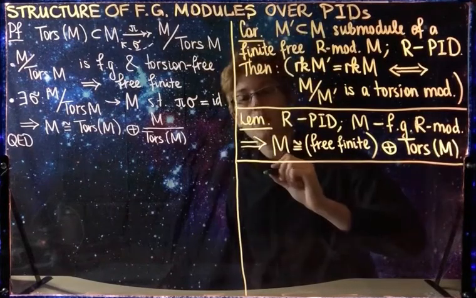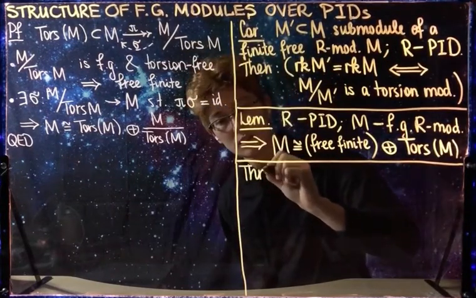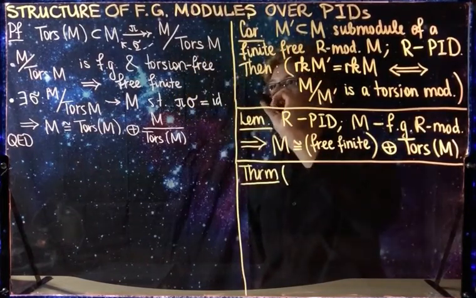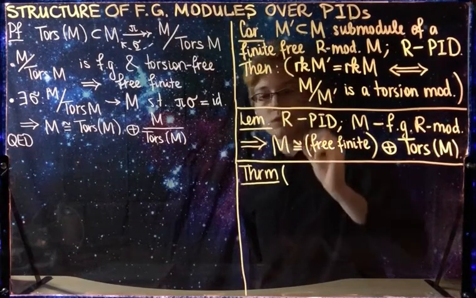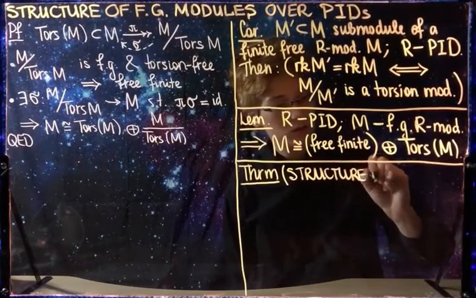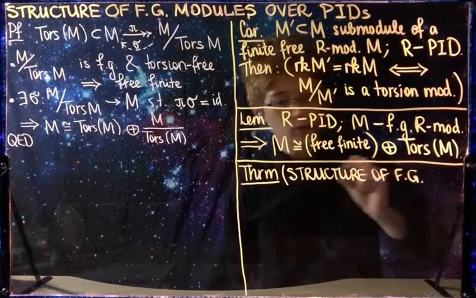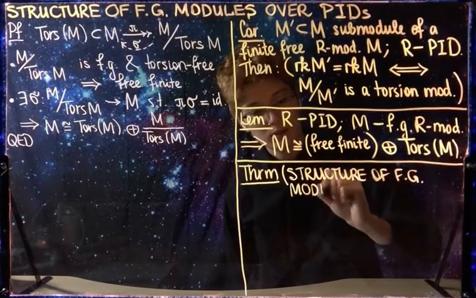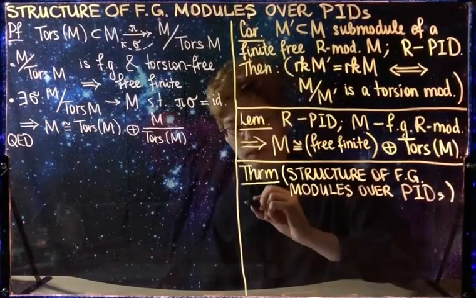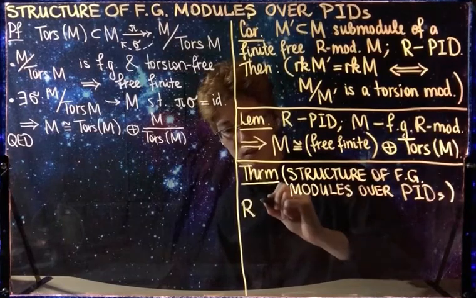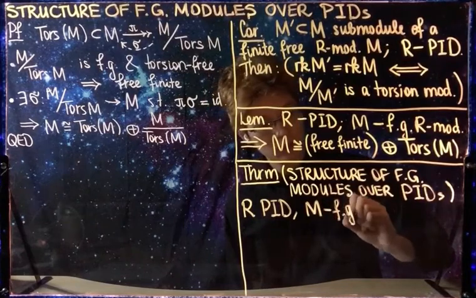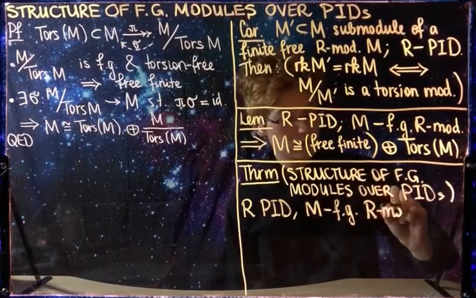And now the theorem that I advertised when we just started talking about modules. Theorem on the structure of finitely generated modules over principal ideal domains. Which says that if R is a principal ideal domain and M is a finitely generated R module,